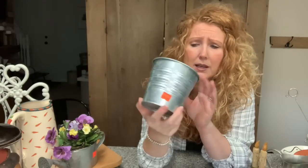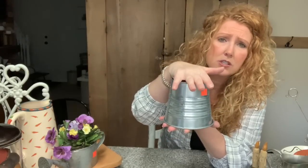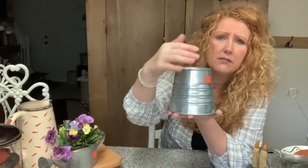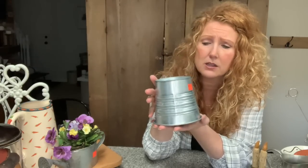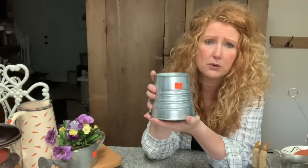And then I pick up these all the time. These are IKEA, and I don't know why it was $4.09. But I like to flip them over, and then I put the cloches, the cheese cloches, you know, the ones that had the little wooden plates that I paint up, and then finish it off with some jute, and they do sell. So I'm happy because I don't have an IKEA close, and I don't really know how much these run at IKEA, but I'm pretty sure at $4.09 they are